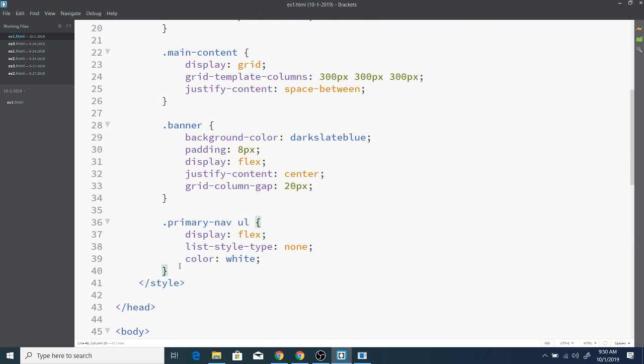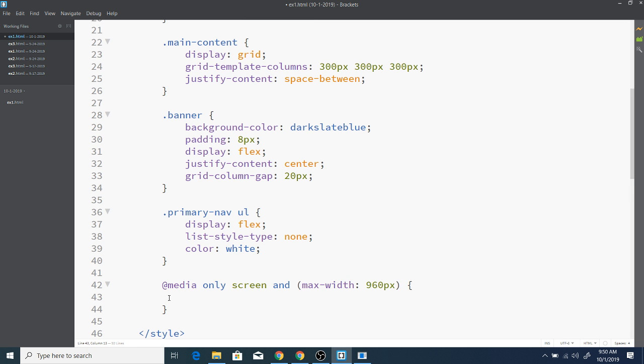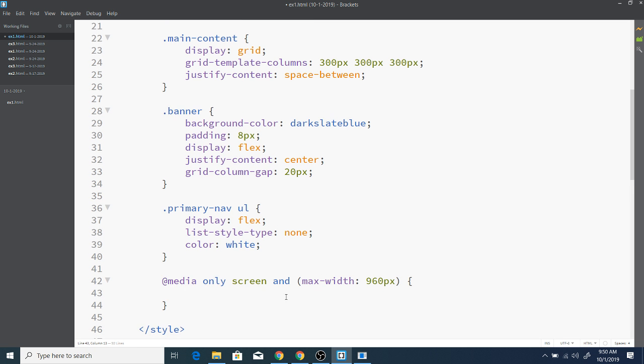At the bottom, right here, we're going to add a media query. As soon as we hit 960 pixels or smaller, so up to 960 pixels,